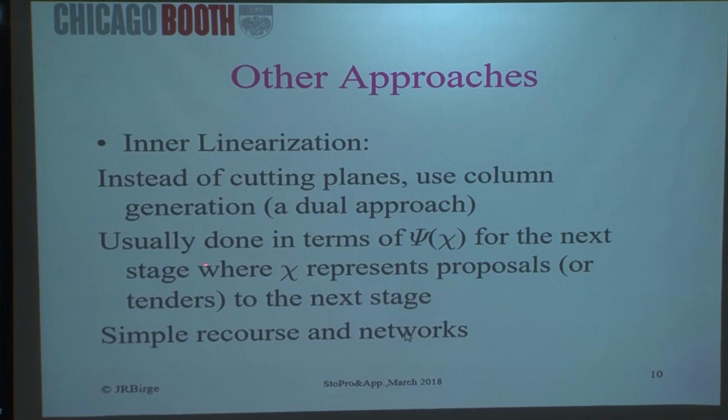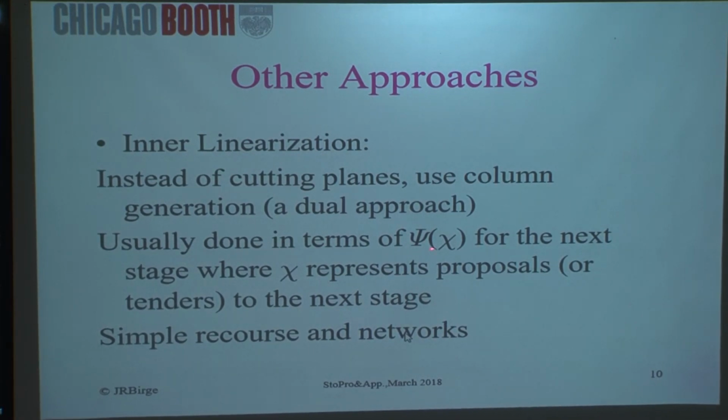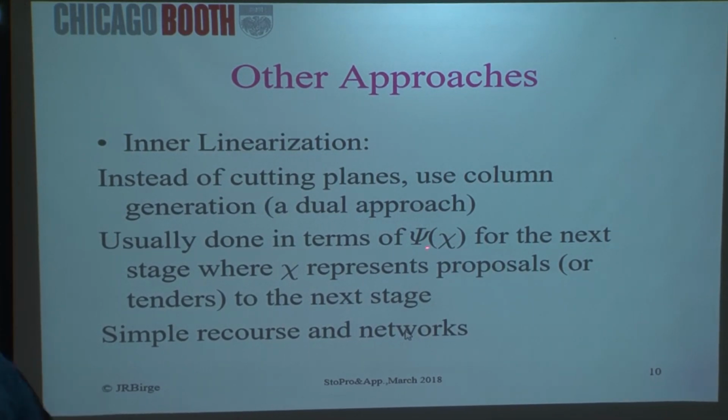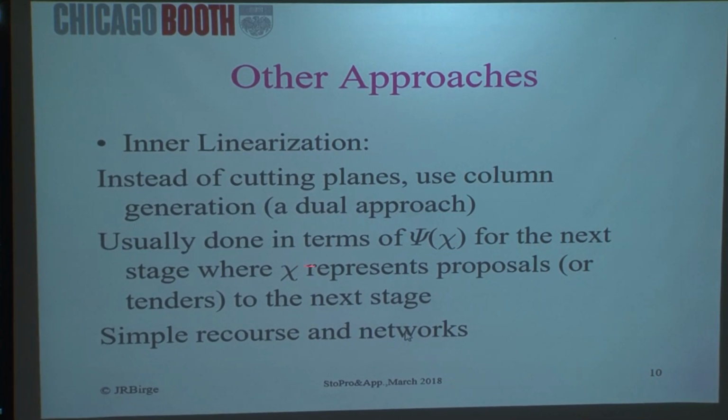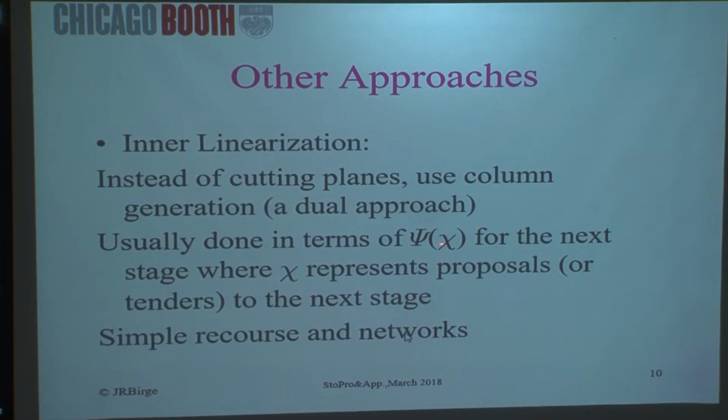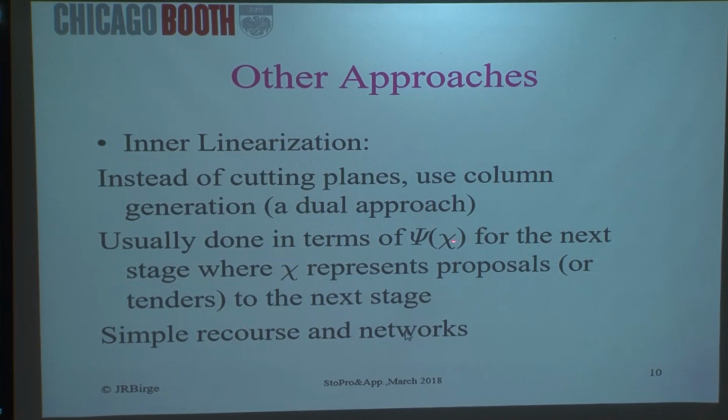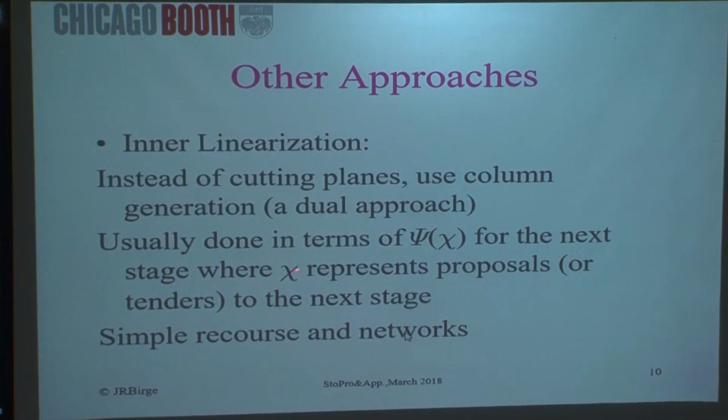I'll show this in the framework. It's usually done where, instead of x, you sort of transform x. You transform x by t. And when I transform x by t, I call that chi. So you do it in terms of these chi variables, which are the transform of t times x. And then we generate everything in terms of those transforms of x. Since these are just transforms of x. Yeah, I'll mention the simple recourse